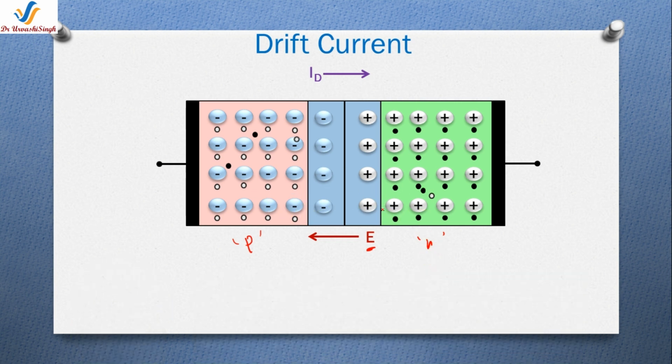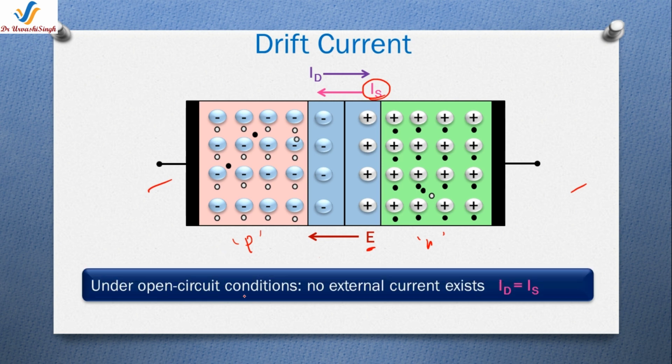And this movement of the minority carriers will constitute the drift current in the direction of the electric field. Now since we are talking about the open circuit PN junction, there will be no external current. Here you can say that under open circuit conditions, the two opposite currents across the junction must be equal in magnitude, and this is the equilibrium condition, and this equilibrium condition is controlled by the barrier voltage or the built-in